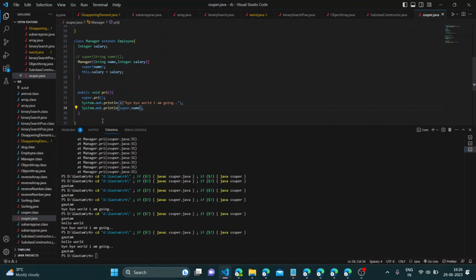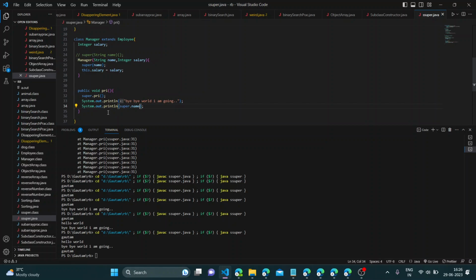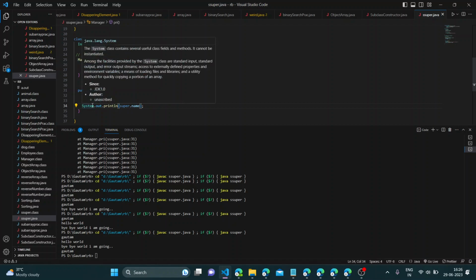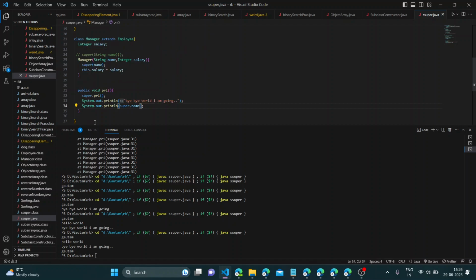M1 dot suppose name is a field, so M1 dot name, and you can call the method. Suppose print is a method, then M1 dot print bracket. Okay, so in that same way you can also call the methods and fields of superclass in subclass using super keyword. These are two uses of this super keyword, and of course super keyword is used in method overriding,